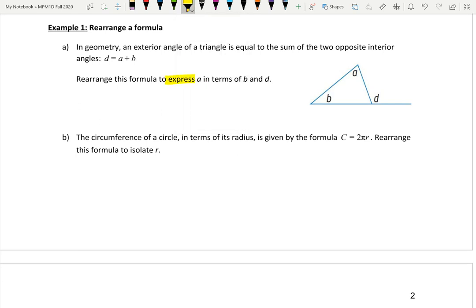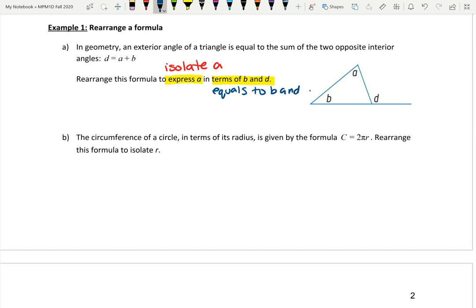To express A means to isolate A. So rearrange the formula so that A is on its own. Right now the formula has D isolated. I want to rearrange it so that A is isolated in terms of B and D. So in terms of B and D, that means isolate A so that it's equal to